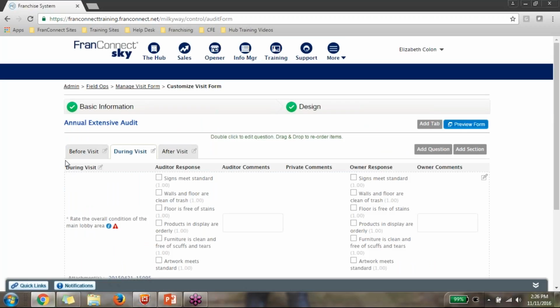And so I talk to people about organizing this in a way that's going to walk your auditor through the process from minute one all the way through to the end. So how do we want him to look at the location? First exterior, then interior, then back office, and perhaps employees are in there somewhere in the evaluation of whether or not they're meeting expectations. And if it's a restaurant concept, of course, we're looking at food prep and making sure the conditions of the kitchen meet expectation and compliance and so on. So I don't know if that helps at all, but just a little tidbit about the way that we talk about this in the training session.